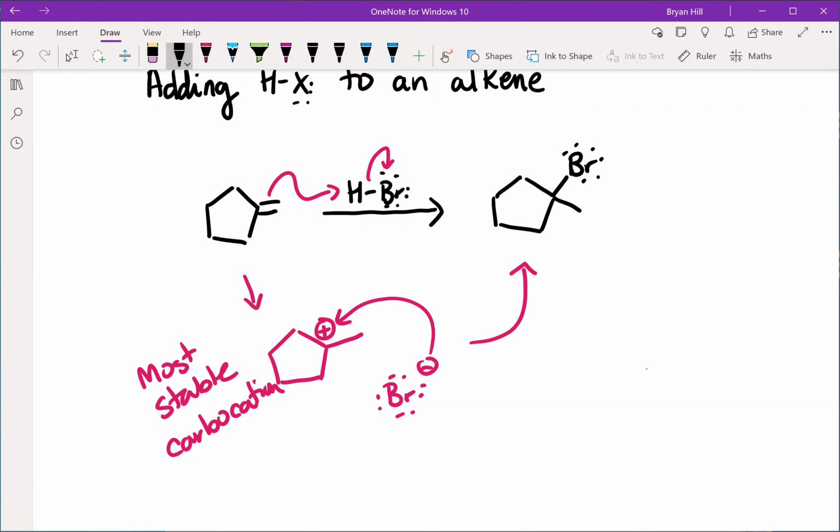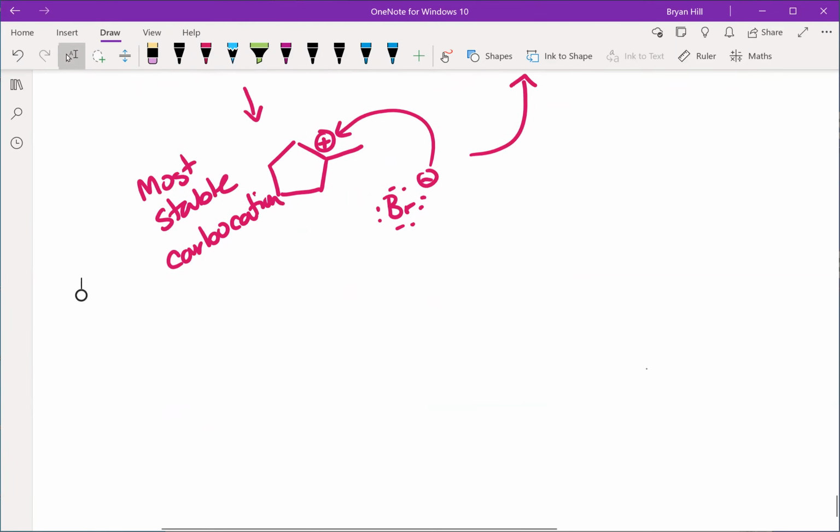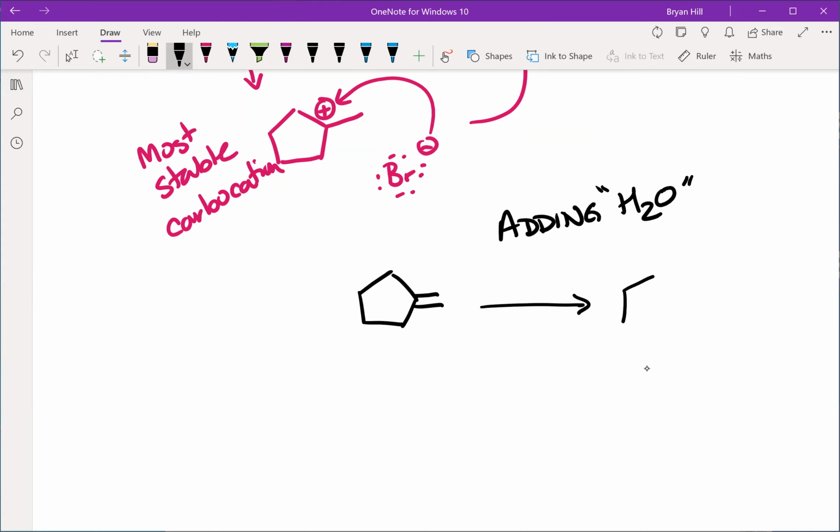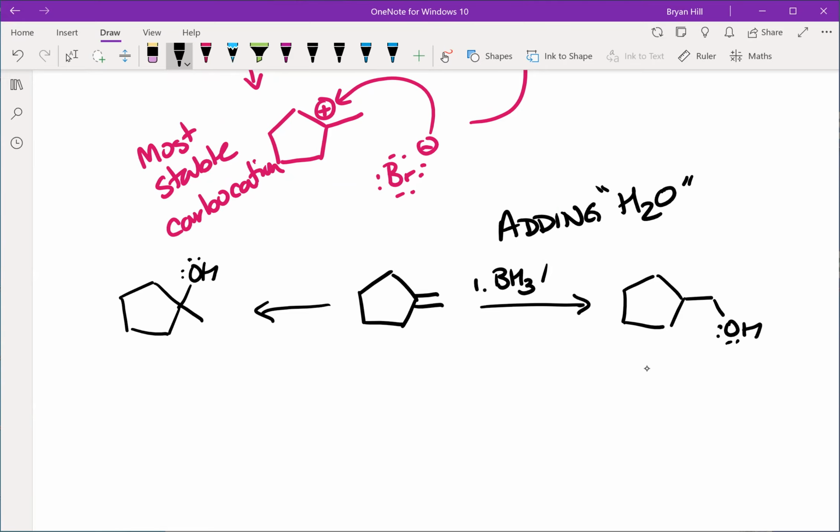Now, for a lot of the other reactions that we've done this term, there's been something interesting which has happened. So if we had a similar molecule here, if we were adding water, I'm going to put it in brackets, we had two reactions we could do. One which would give us the OH on the least substituted carbon, and one which would put the OH on the more substituted carbon. So we could do the hydroboration here, THF. Or it could be, say, the oxymercuration reaction, water and THF,